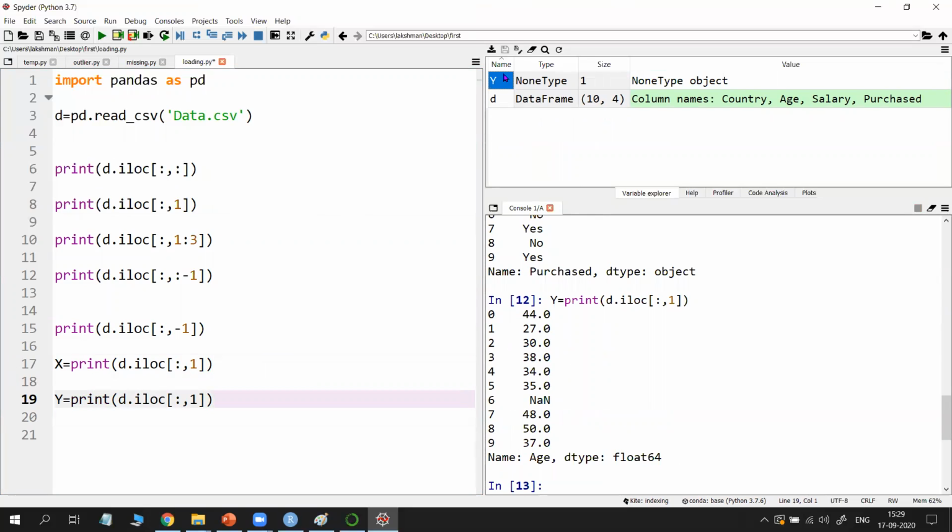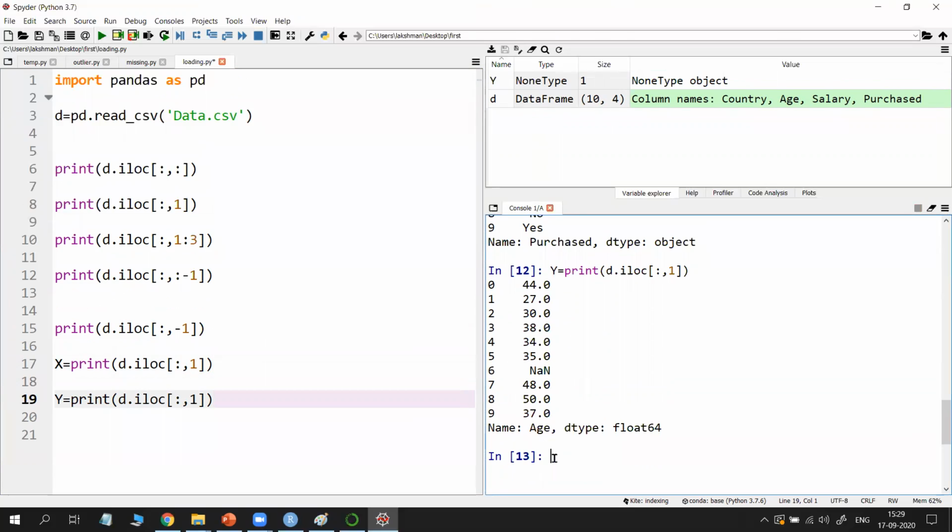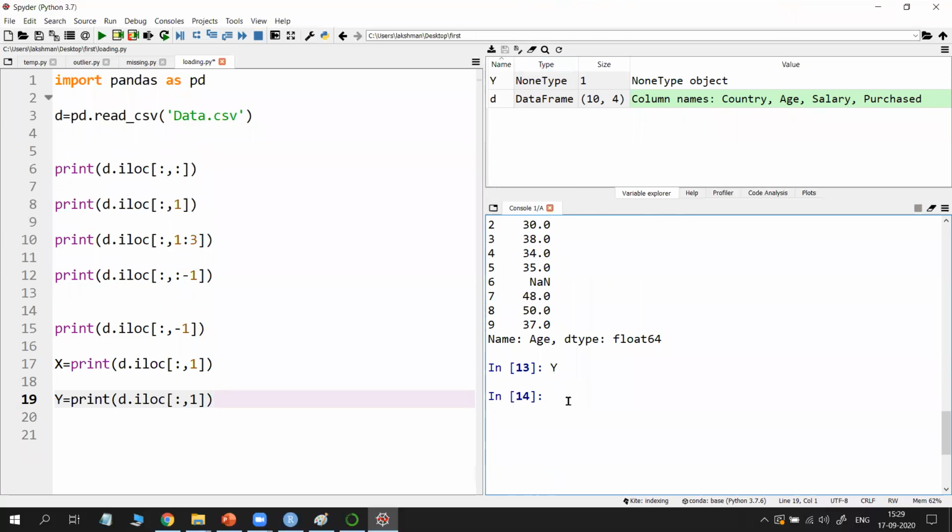Now see what happened. Y contains some categories. No problem. You type y here. If you click on it, it does not open. If all are numbers, or the data type is a data frame, it opens when loaded. Otherwise, it is not opened. Then you click here, just type y and enter, and see what y contains.